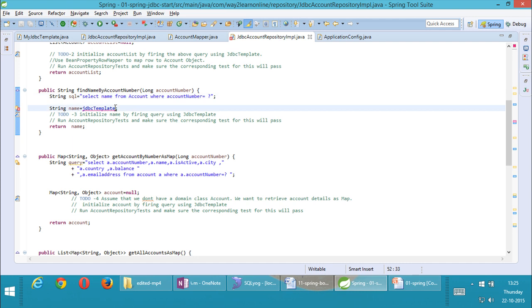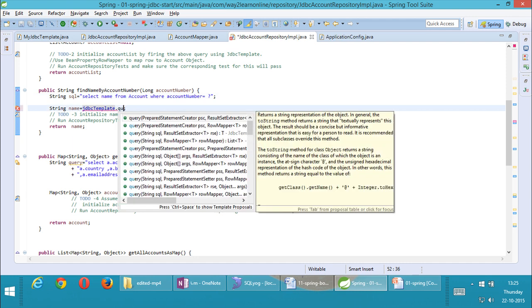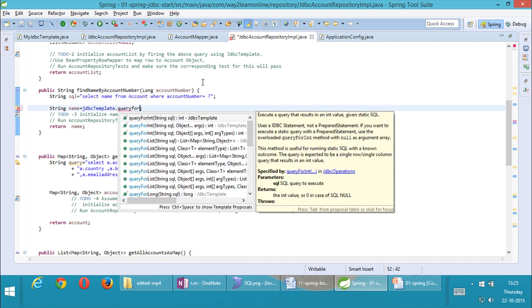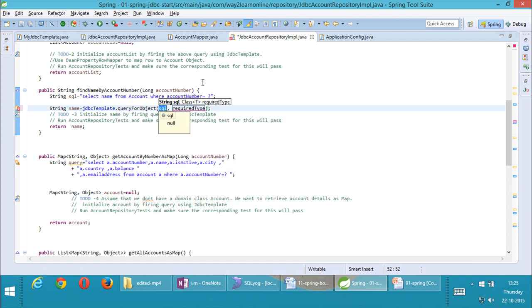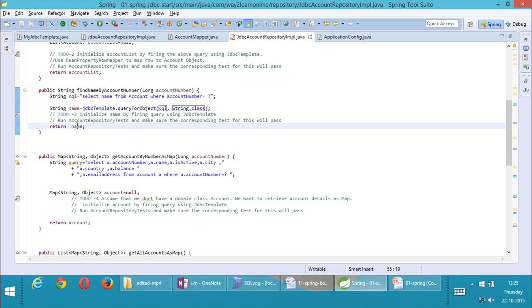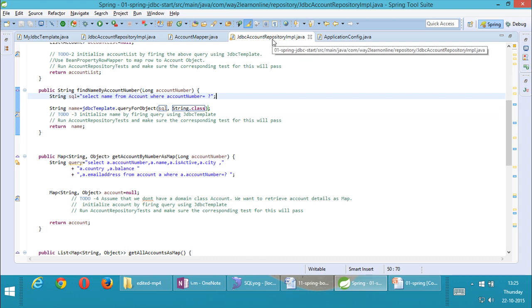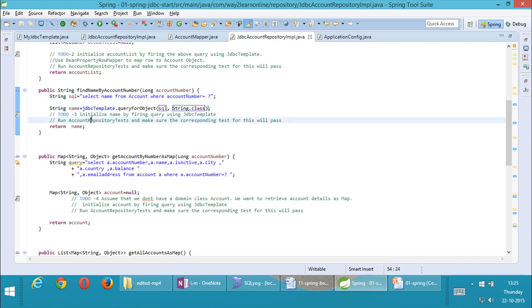So I can use the method jdbcTemplate.queryForObject. queryForObject is a template method which takes a query, comma, required type. What is the type of name? String. I know, varchar's corresponding Java type is String. So this will give me the name and I am returning the name, right? Test cases are already there. You can run test cases whenever you are writing the lab. Now